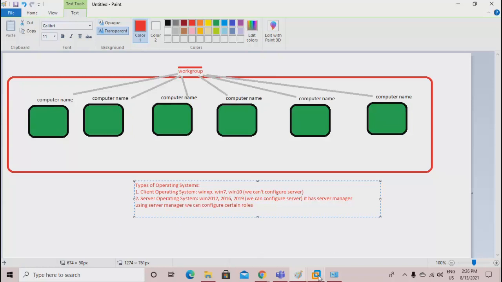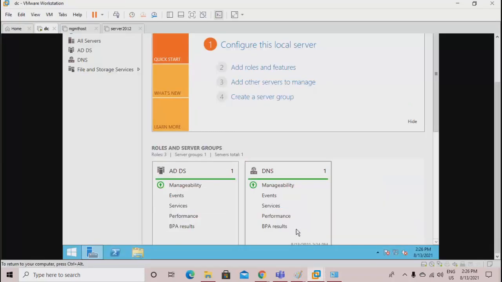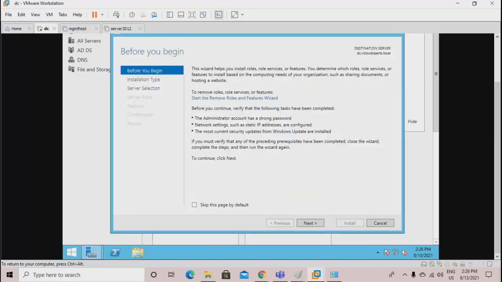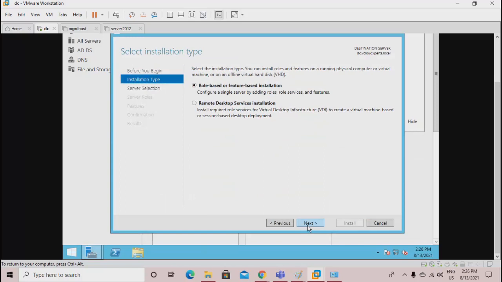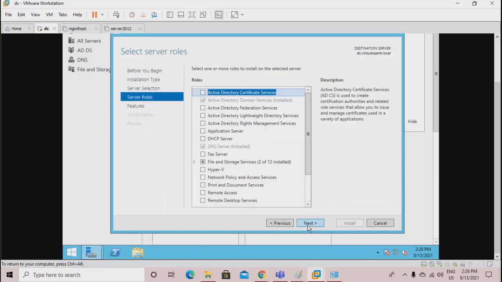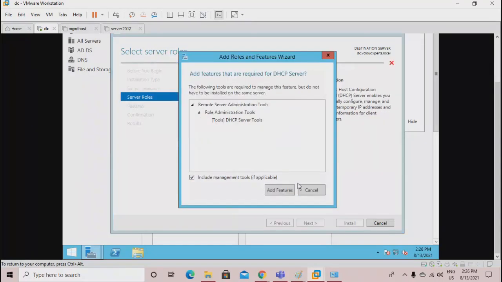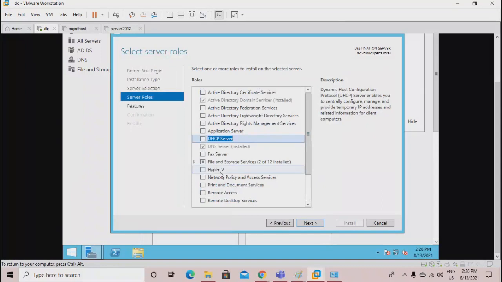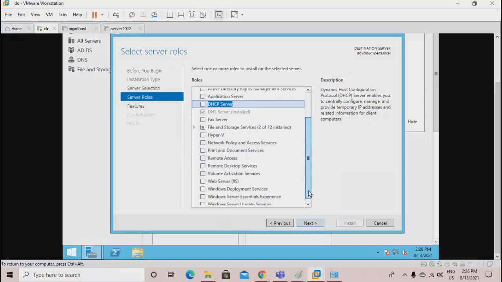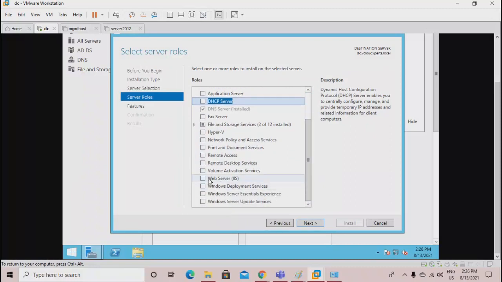Let us see what that is. Here we can say add roles and features. Saying next. If you remember, yesterday we added the web server role. So you see you have the DHCP server option. You have Hyper-V, remote access server, remote desktop, web server. These are all types of server configurations.